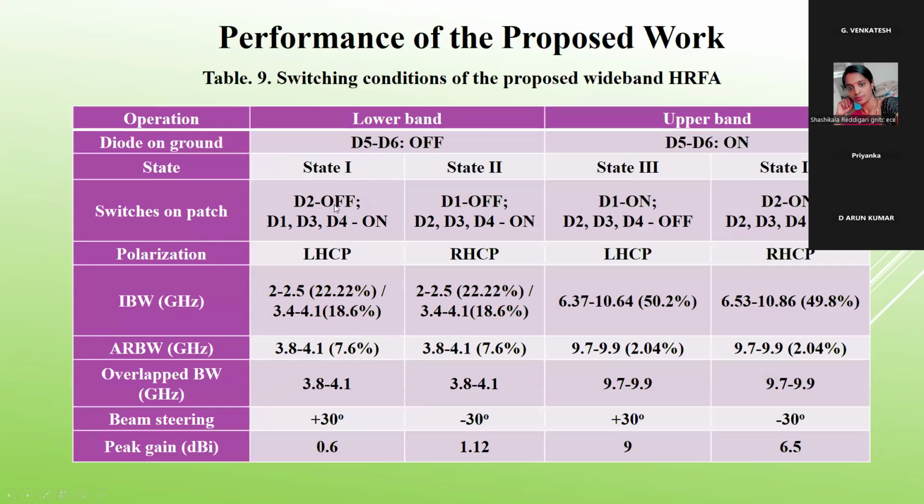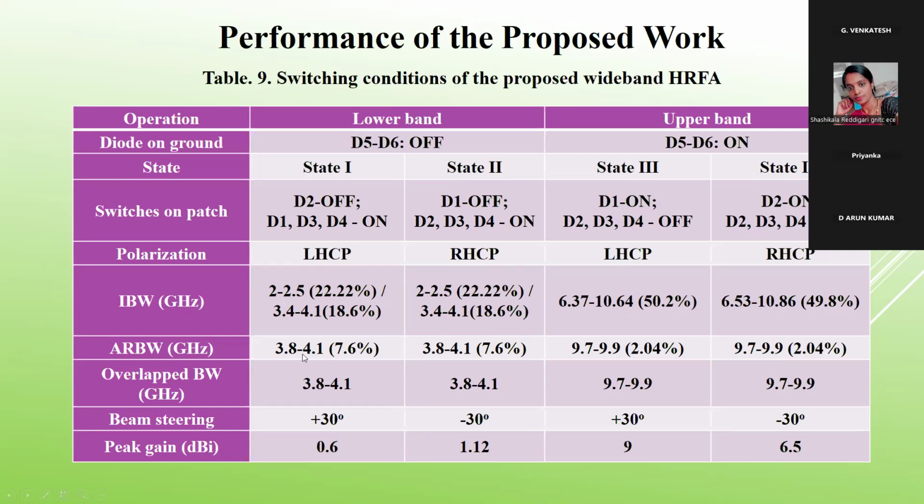This is the performance table where you can understand the different states. State 1 is where D2 is off and D1, D3, D4 are on, which gives LSCP. D1 off with D2, D3, D4 on gives RSCP. D1 on with D2, D3, D4 off gives LSCP, and D2 on with others off gives RSCP. Accordingly, we get impedance bandwidth of 22% within this range and 18.6% within this range. Similarly, for different cases it has been shown,